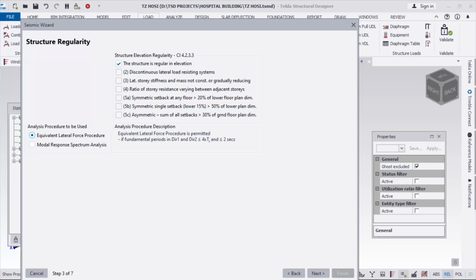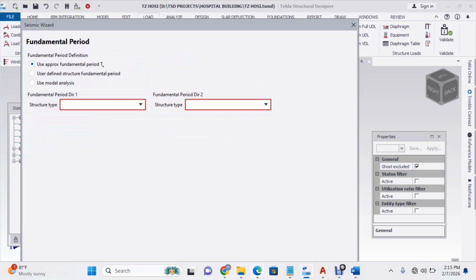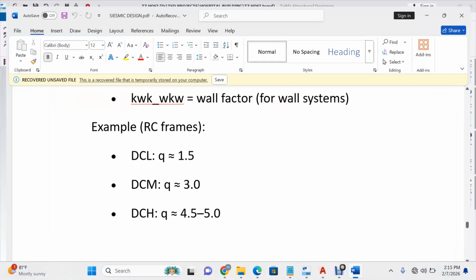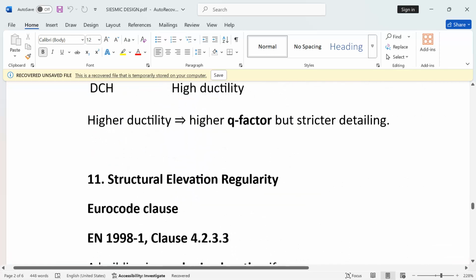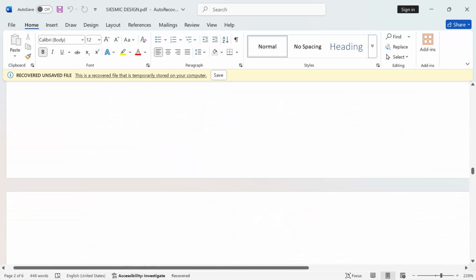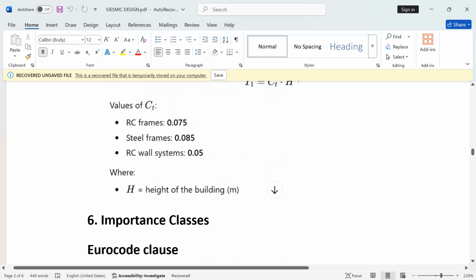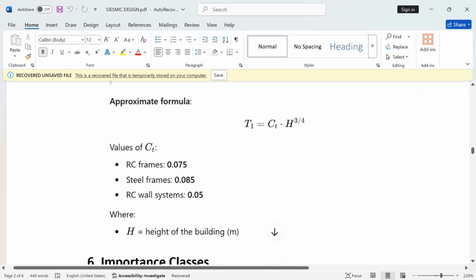About the mode of analysis, you can choose either of these and it's going to work. So we go to the next one. So here we have fundamental period. Now fundamental period, as I have mentioned, according to Eurocode 8, is actually the time taken by the building to make one complete oscillation